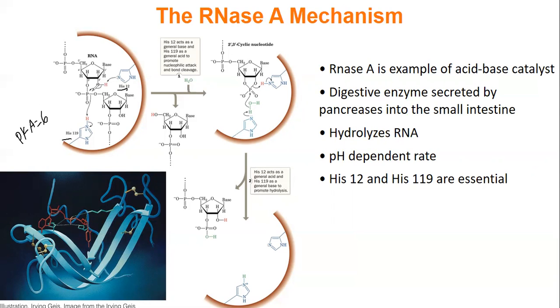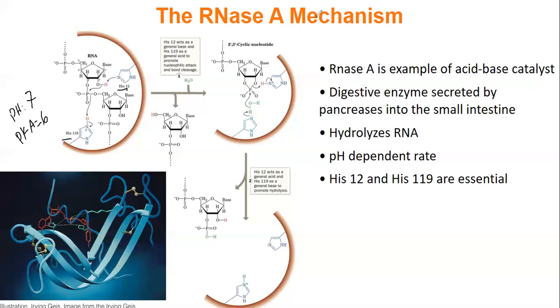What is the pH inside of a cell again? Anyone? The inside of your cell, is it 2? Is it 9? 26? 15? 4? 7? The pH inside of your cell is 7, which means